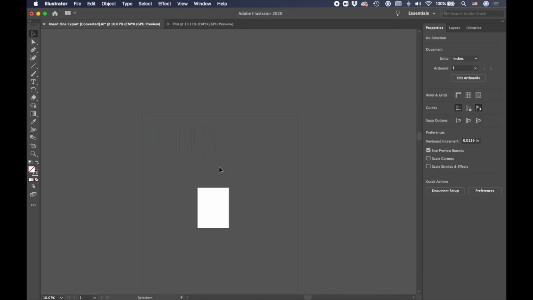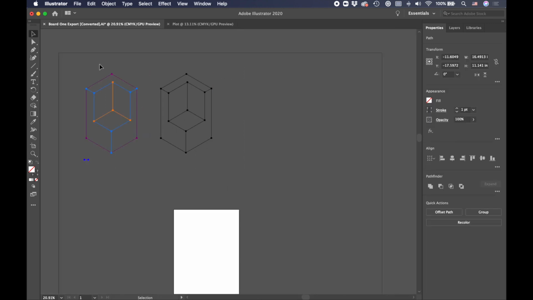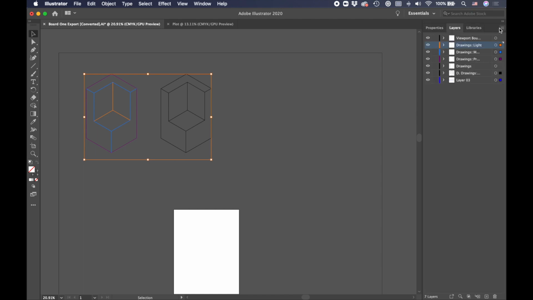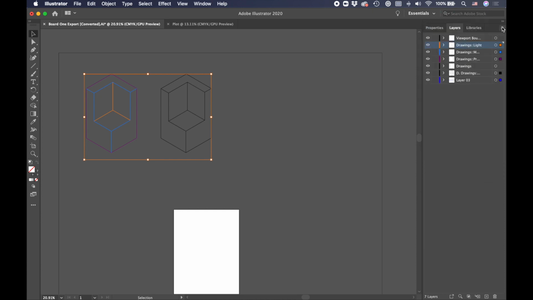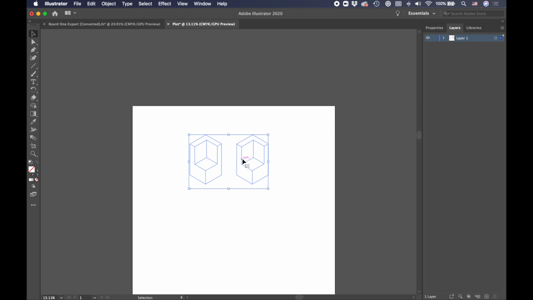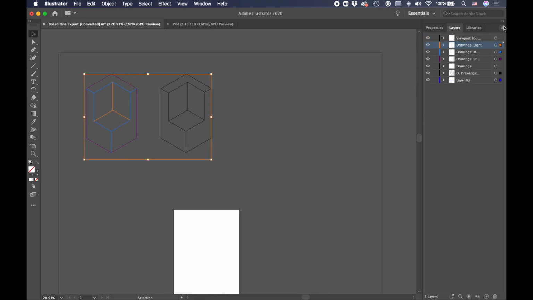So now I'm going to copy this, and before I paste it, I'm going to go to my layers panel. I'm going to make sure this option is checked on. So right now it's checked on. If I checked it off, I'm going to show you what happens. If I paste here, you'll notice that it all goes to layer 1. Now this is a hassle, and it makes everything more complicated. If we check this on,